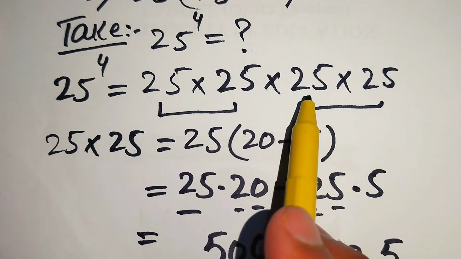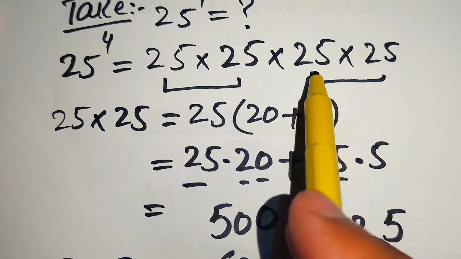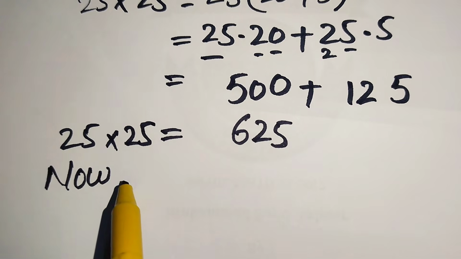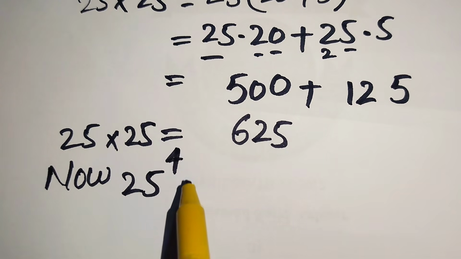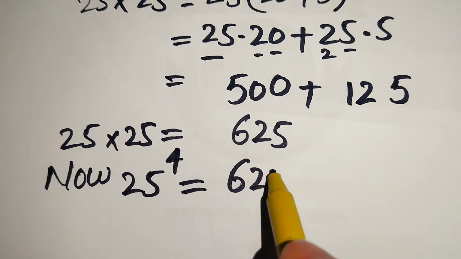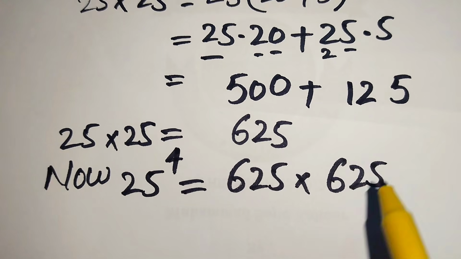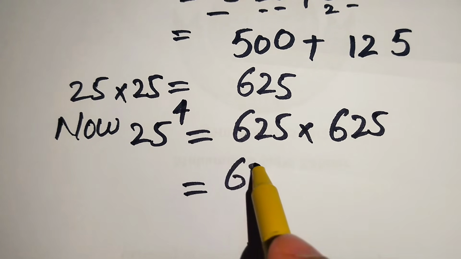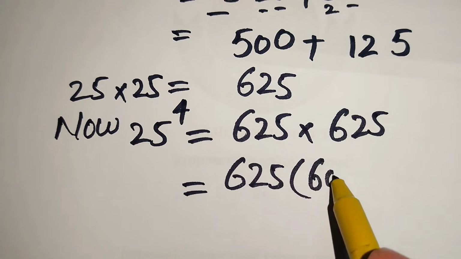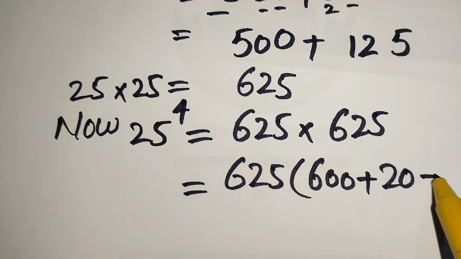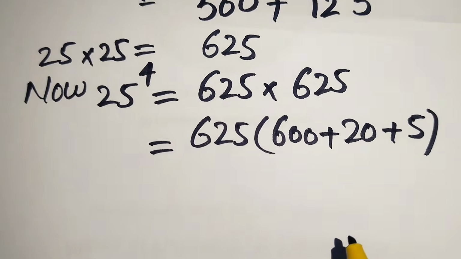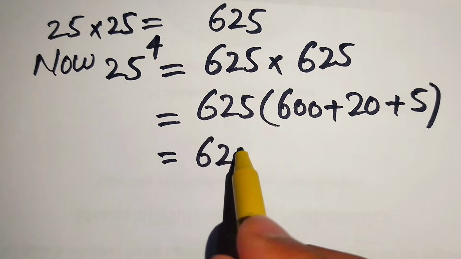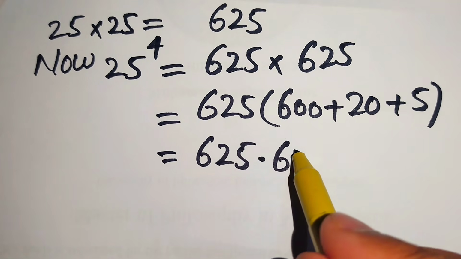And now we copy down this expression here, and we substitute 25 times 25 equals 625. And now we have the value of 25 to the power of 4 is equal to 625 multiplied by 625. So now we break this 625 as 600 plus 20 plus 5. And now we multiply the 625 separately on each of these values, and we get 625 multiplied by 600